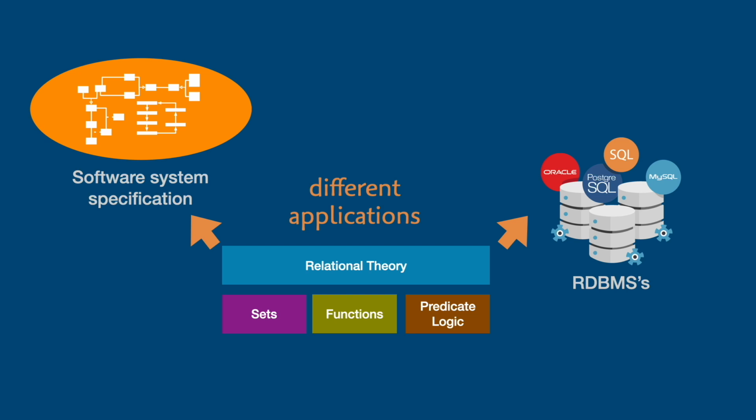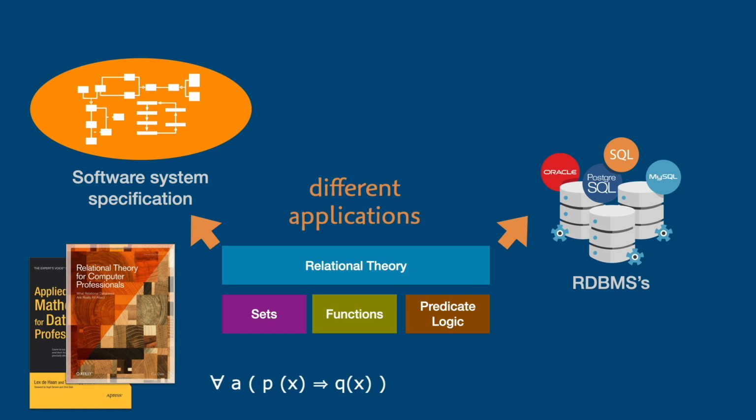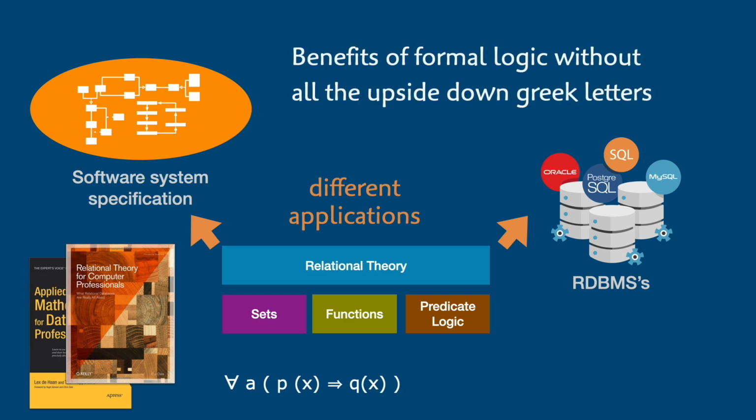Tables that cover the rules covered later in this video are a way of accessing the underlying math without having to be mathematicians ourselves. You can dig deeper if you like, but there's no need if you just want to create a formal specification. So we can get the benefits of the logic without having to read and write expressions with Greek letters and all those funny upside-down symbols. So if we aren't specifying implementation, do we care about efficiency at all?